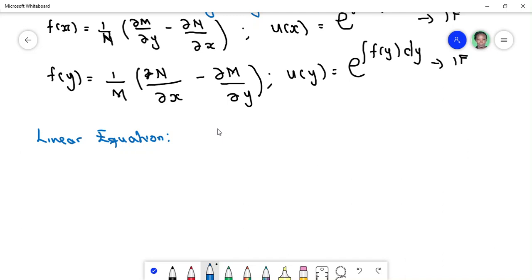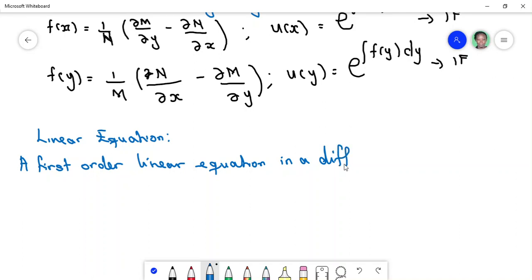So a first order linear equation in a differential form